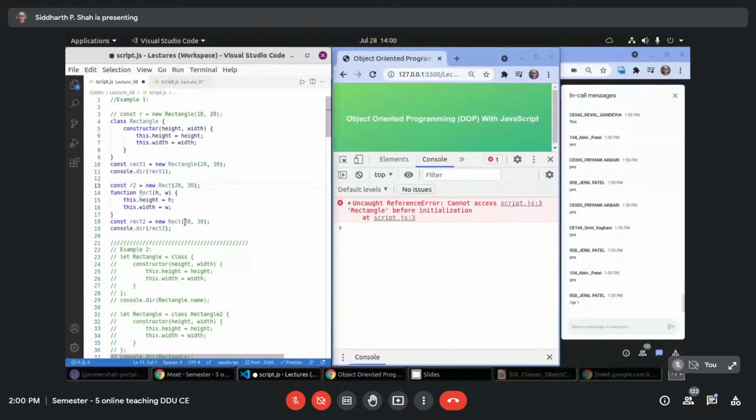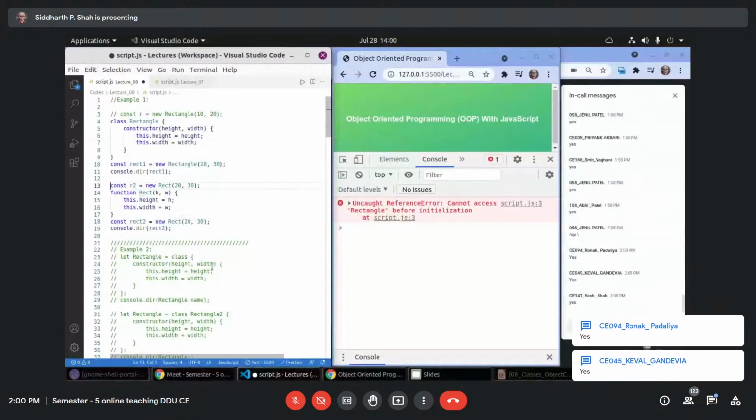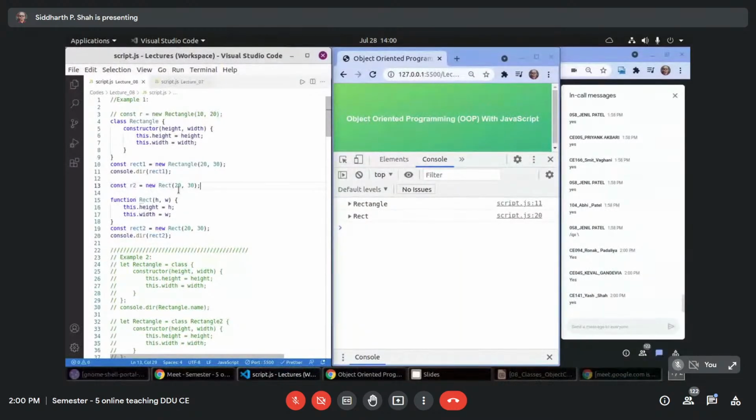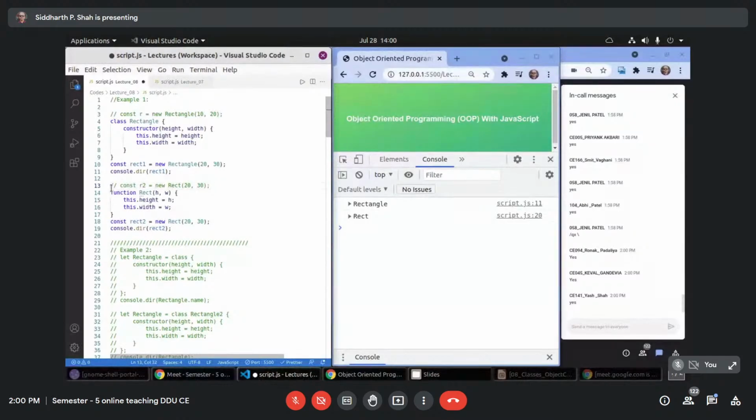Is this allowed? Yes, it is allowed. There is no problem, no syntactical error. So this is one difference that you can see. Hoisting is not allowed in classes, but it is allowed in function declarations.